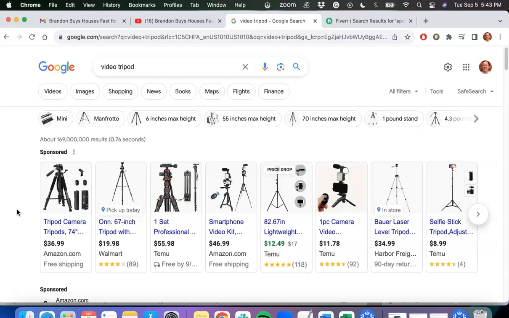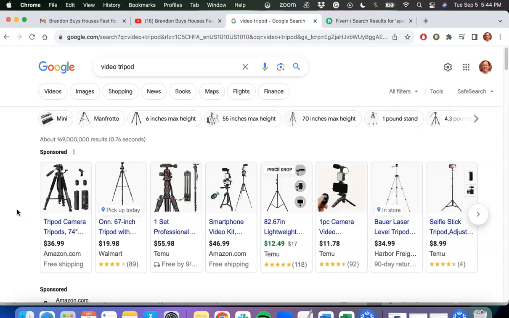You also want to make sure you're in a quiet place to record the video, because there's nothing worse than having noise in the background or wind. You definitely don't want to do it outside on a windy day. Ideally, if you have an office or maybe a garage, set up a place where you can easily get that video recorded so that you can get it ready and publish it